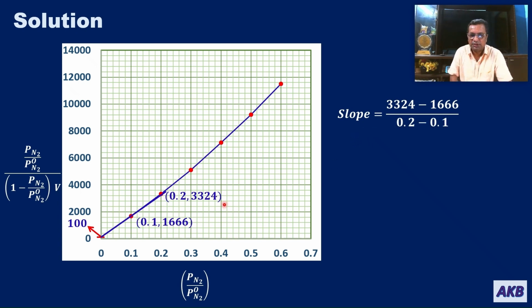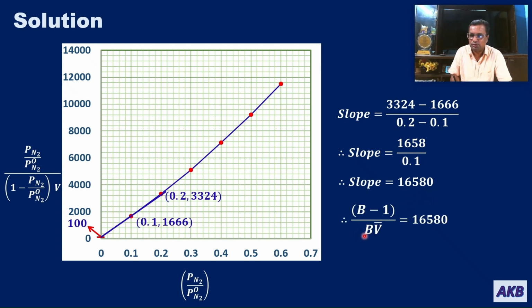Slope is equal to 3324 minus 1666 divided by 0.2 minus 0.1. That is, slope is equal to 1658 divided by 0.1. That is, slope is equal to 16580. But slope is B minus 1 upon B V bar, that is equal to 16580. V bar we have calculated from the intercept. V bar is 0.01. So let us use that value. So B minus 1 upon 0.01 is